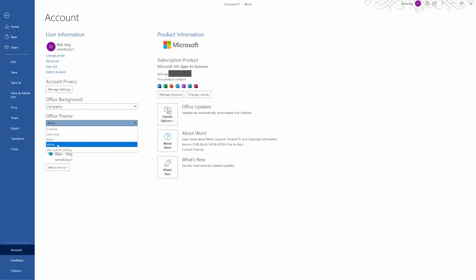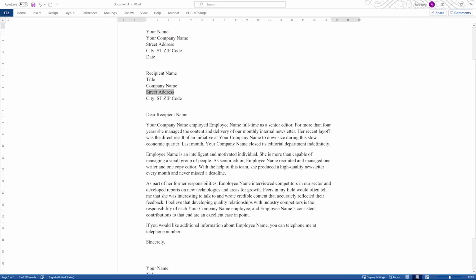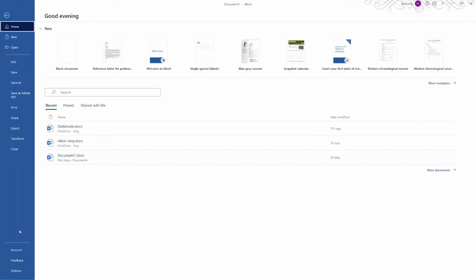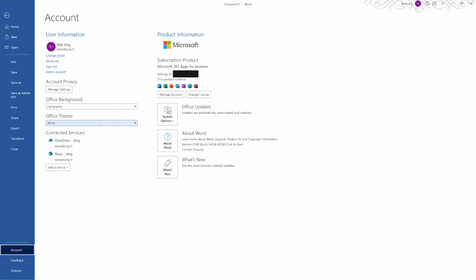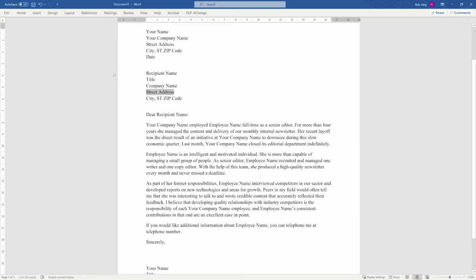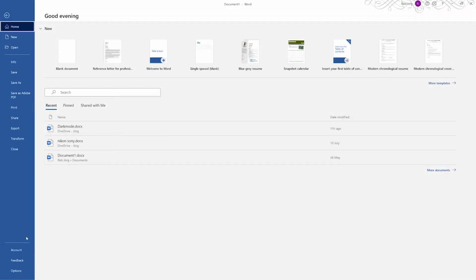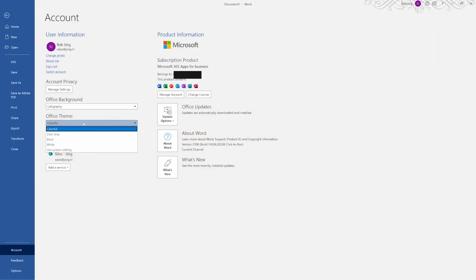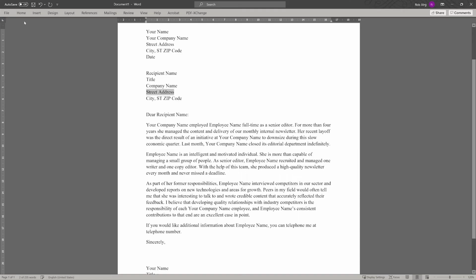The Office theme that I picked was white, and then you get this one. White on white on white. There's another version, and you can pick colorful, and that looks a bit like the old Microsoft Word from back in the day. Blue title bar, gray background, white, but it's still a lot of light that you're looking into. And there's another one, gray. That looks better, but still, we can improve that.